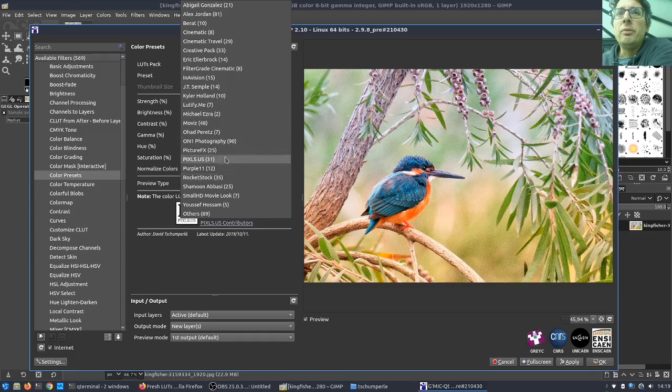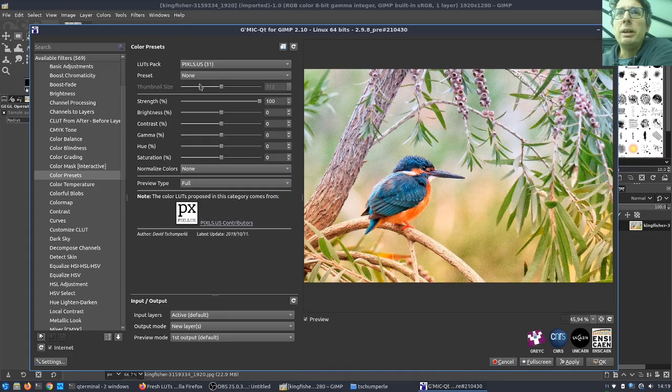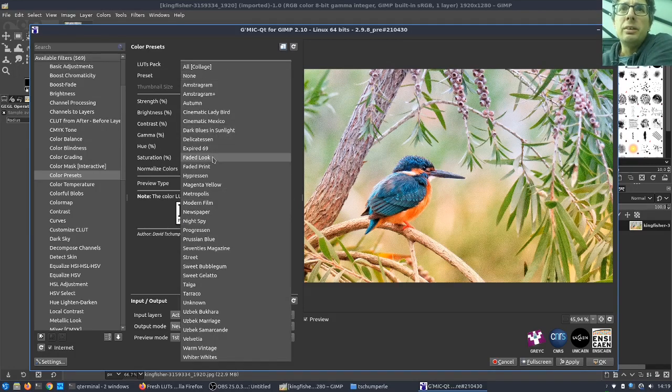So there are different packs, and by default the pack is the one provided by the Pixls.us community. So this is a pack that has been done by members of the Pixls.us forum. Thanks again to them for this nice contribution. Once you have selected a pack, you can choose in the preset combo box the name of the CLUT that you want to apply.